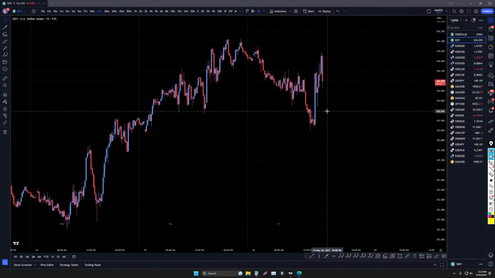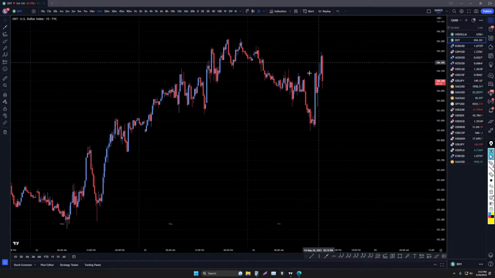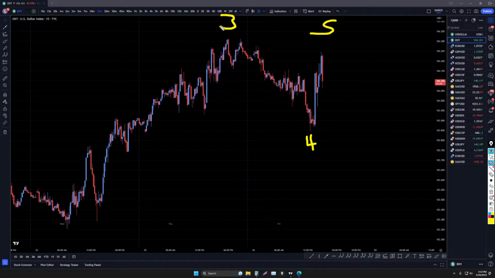So we'll have to see. Like I said, sometimes you have to give the news a little time. If it does continue to pull up, then it probably is going to be a wave 5. And this is just a motive wave correction for the wave 4, and then it makes a wave 3. Or it is a wave 3, 4, and 5 still looks like the most likely thing. If this makes a higher low and turns back up, then that's probably going to be a wave 5. If it doesn't, and it keeps going down and starts taking out the bodies of these candles, then I would say this is probably a wave B, or possibly even a wave 2. And that it's probably heading down and will probably take out this low right here.